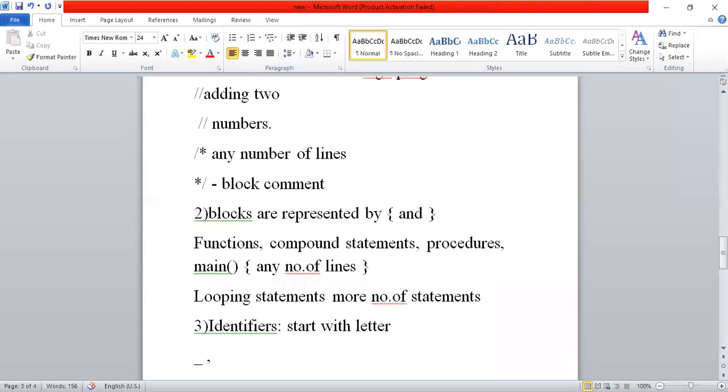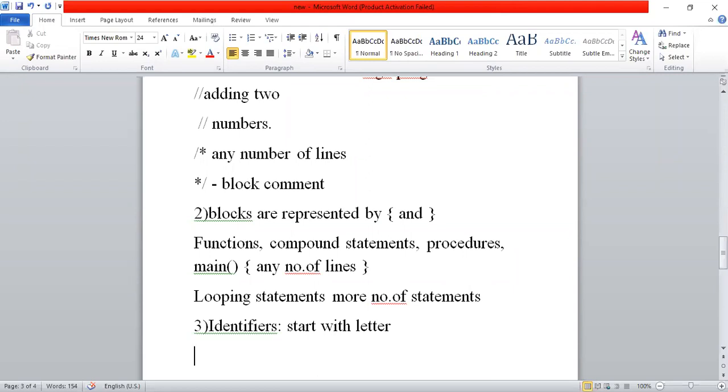What do you mean by predefined? The purpose is already defined. We cannot use it for another purpose. That's why we get an error. So that's why we are not preferring underscore as the starting symbol for writing identifiers. Is it clear now? So identifiers start with a letter or character. After that, we can use any number of characters and digits. Nothing wrong. But you should start with a letter. We can also start with underscore, but I have told you why we are not preferring it.